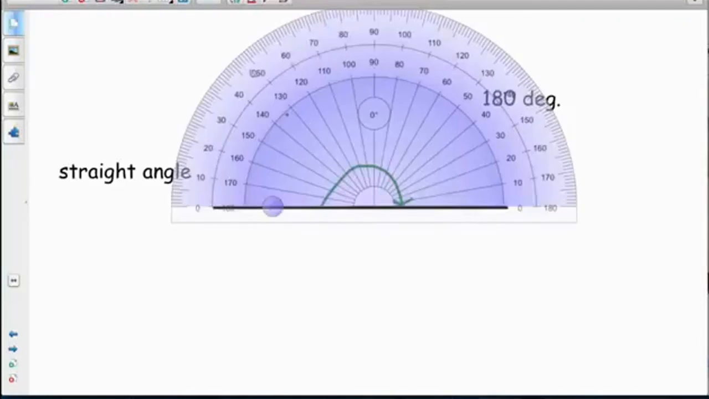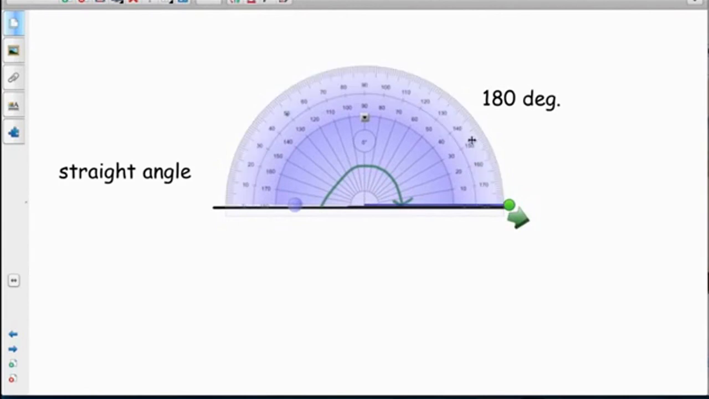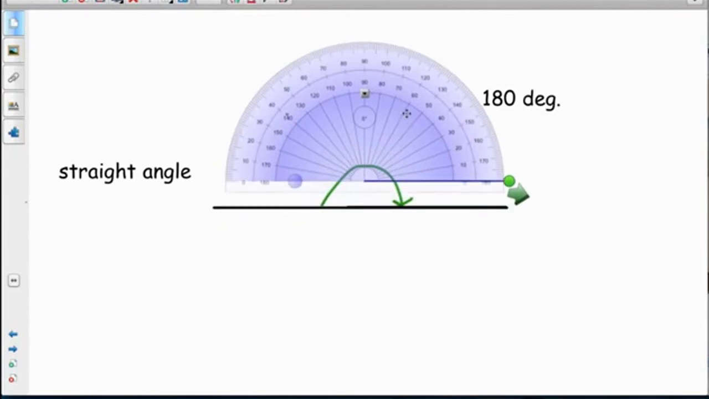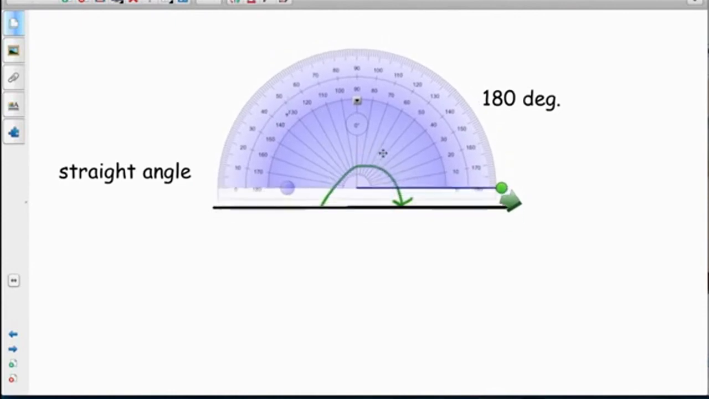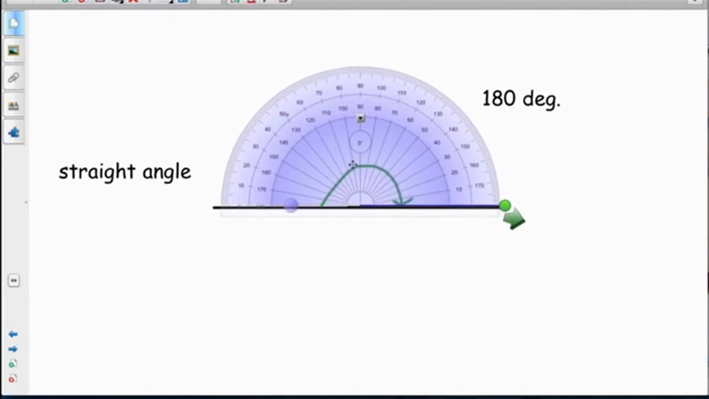Oh, let's have a go at this straight angle. We didn't really get to measure that, did we? Let's just have a look at that. Okay. And you can see, of course, it actually goes straight from 0 all the way around to 180 there, and that's why it's a 180 degree angle. Okay, see, 0, 180, goes all the way around. Okay, well, let's have